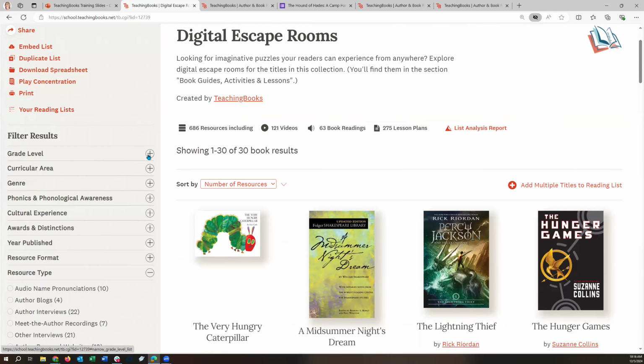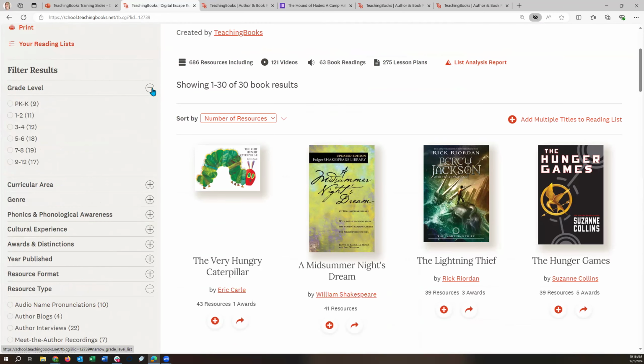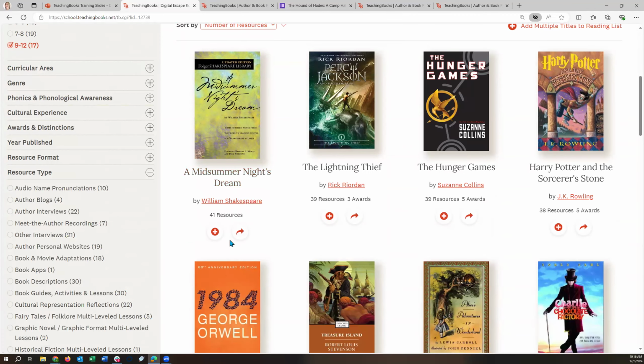So if I go here and I filter by grade level, over here on the left, you can filter. If I filter by grade level, maybe I'm looking only at 9-12 ones. You'll see what titles have escape rooms that are in the 9-12 grade range. And I love that we have some of these classics on here. So if I open A Midsummer Night's Dream